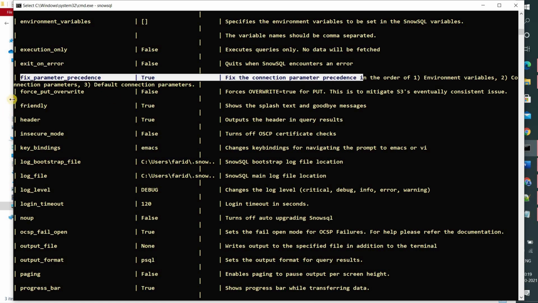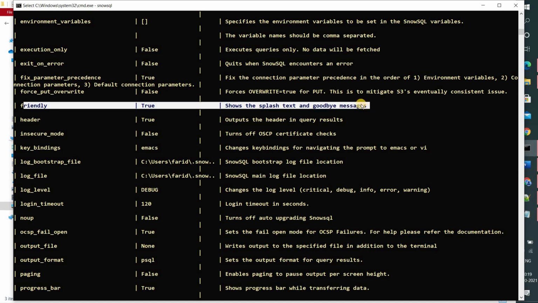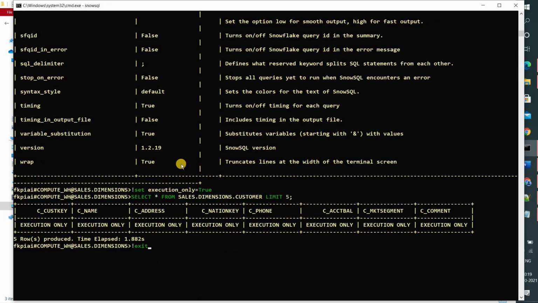Fixed parameter precedence we generally don't use. Force put override, we generally don't use. Friendly, even we don't use. When I say exit, it is saying goodbye. So if you don't want these messages to display, you can say friendly false.